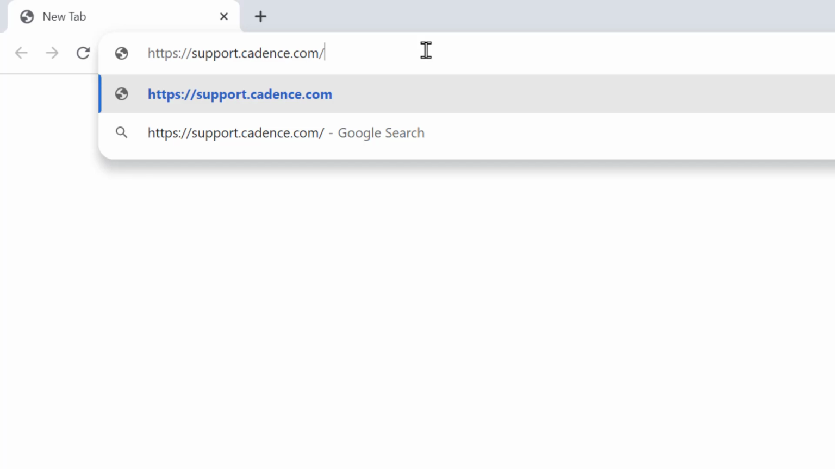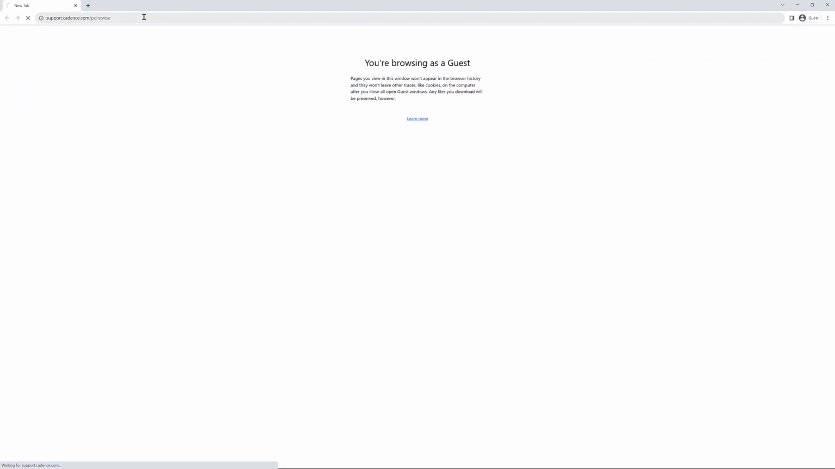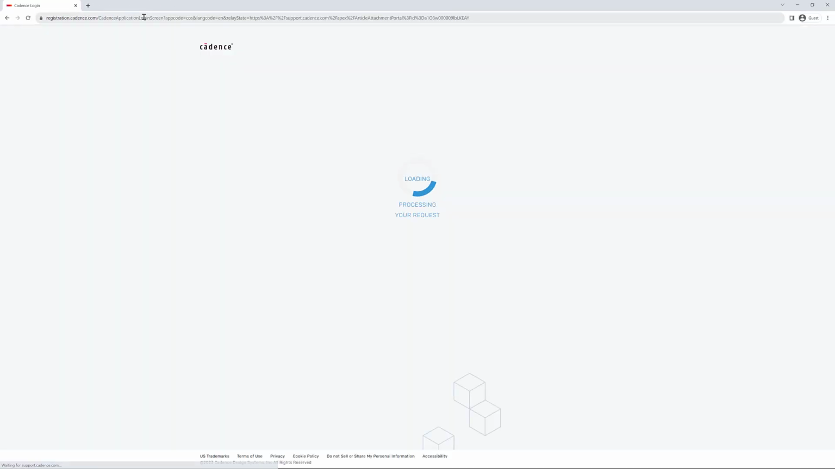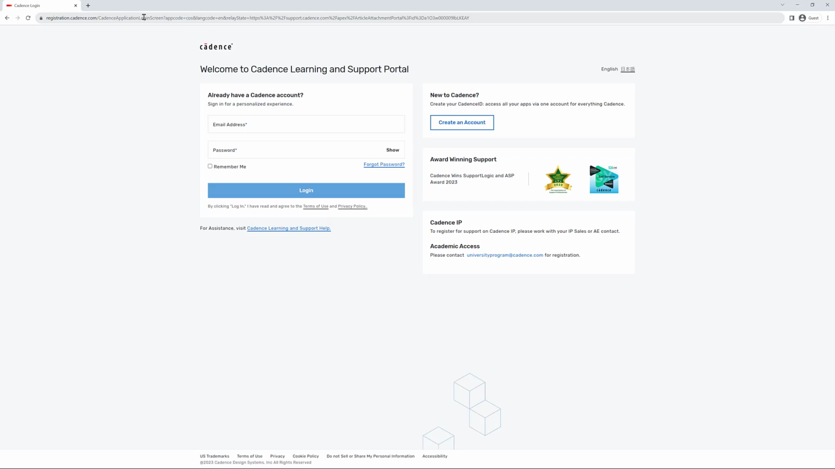https://support.cadence.com. I'm going to add in there /pointwise. Then the address is https://support.cadence.com/pointwise. Keep in mind that to access this landing page, you're going to need access to the Cadence Online Support